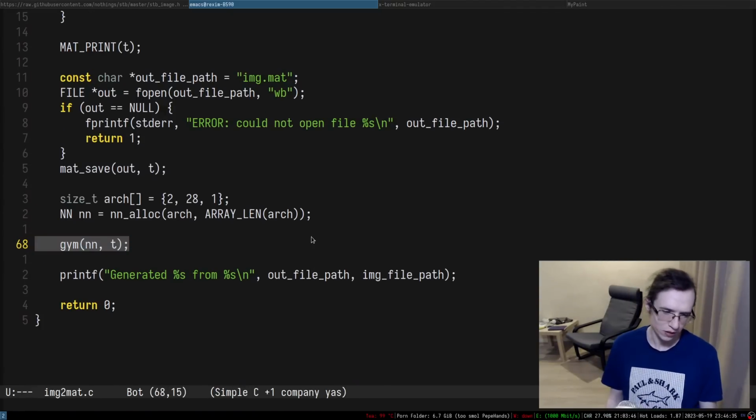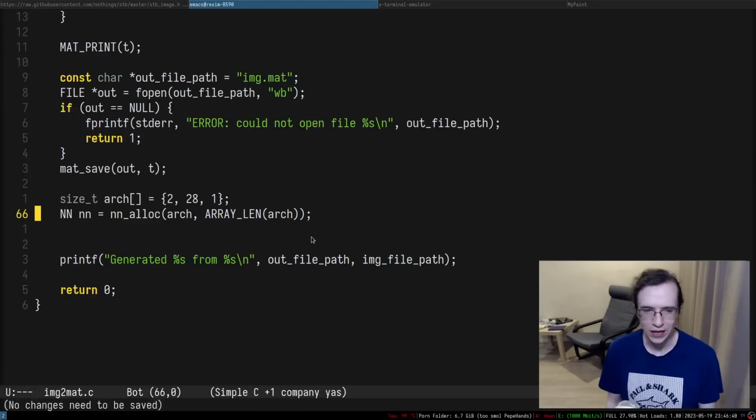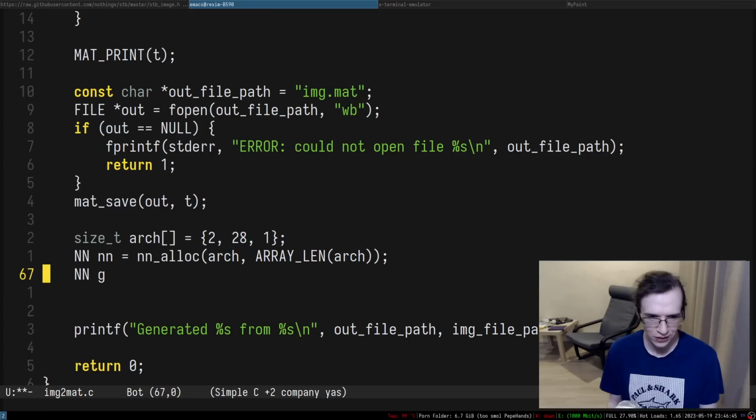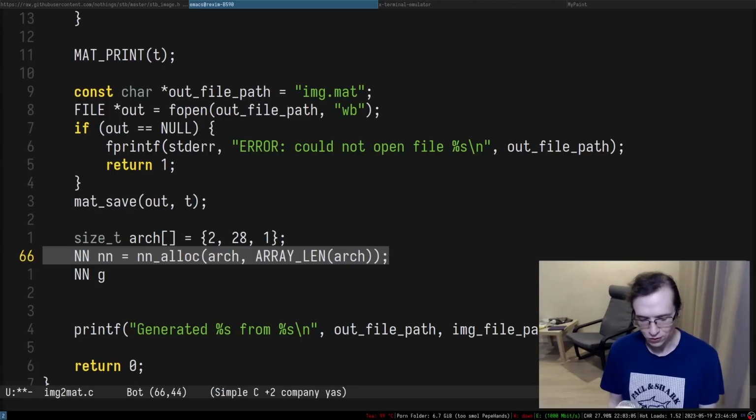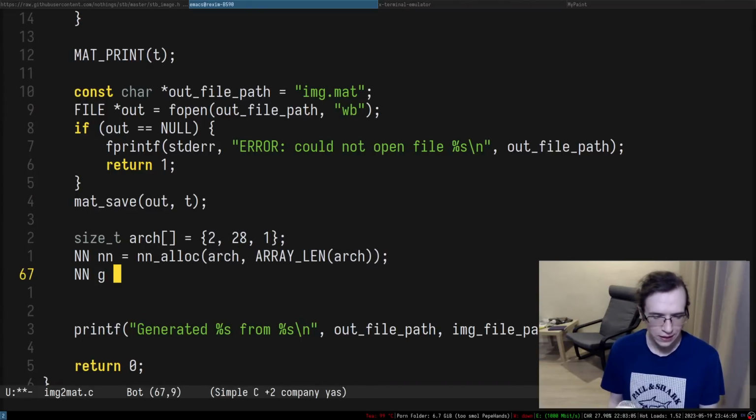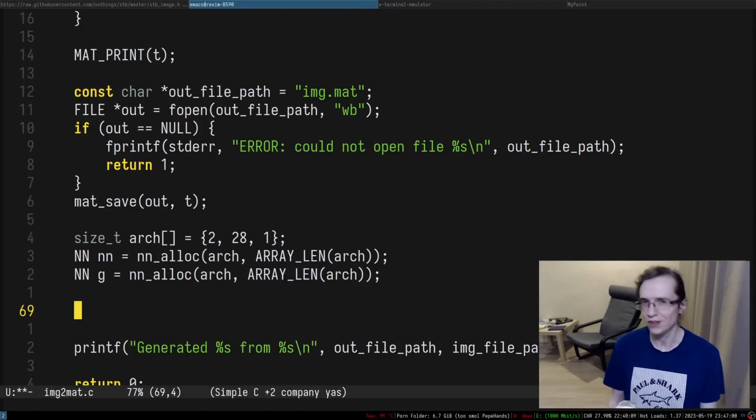So I want to be able to do something like that. But I'm kind of lazy to actually start working on the gym. What if I just do this entire stuff without the gym? Yeah, there we go. I can just train it myself, right? So I can just allocate the neural network, like so. And then I can allocate the gradient, and I can just train this entire thing. I can just train it for like 10,000 epochs, and then maybe I can try to